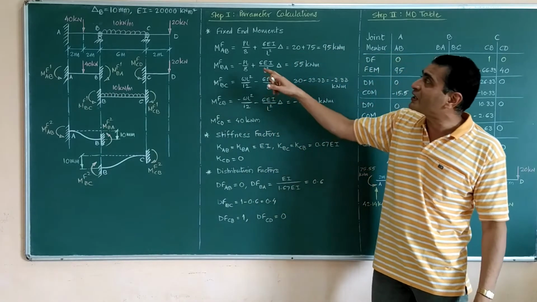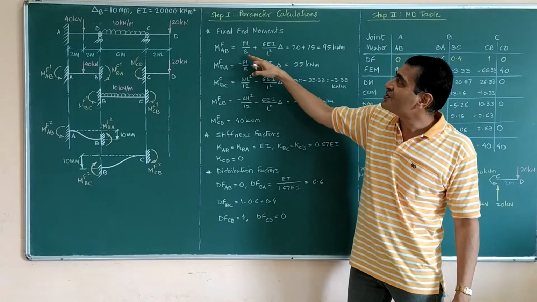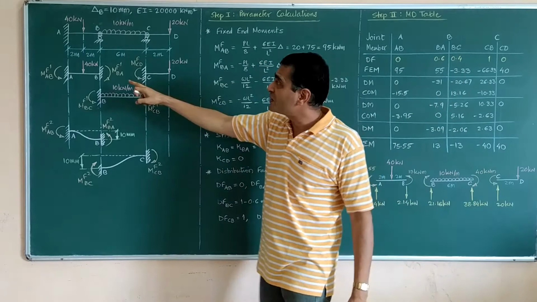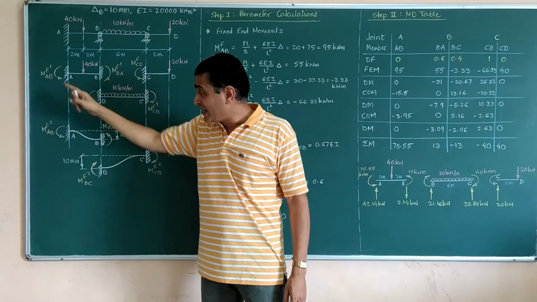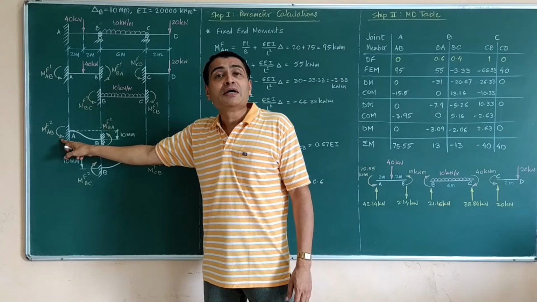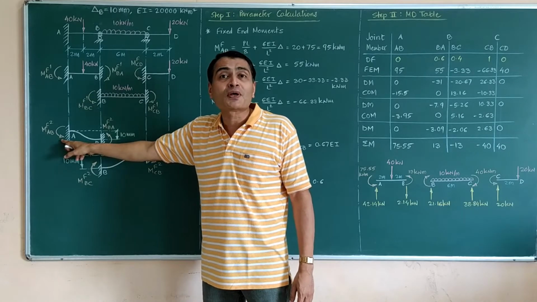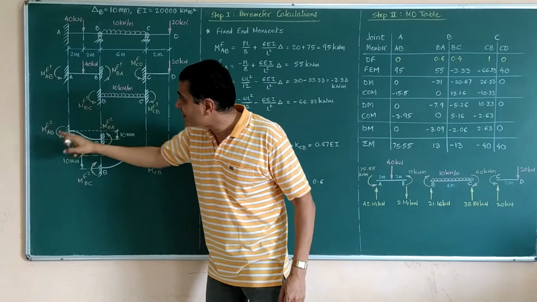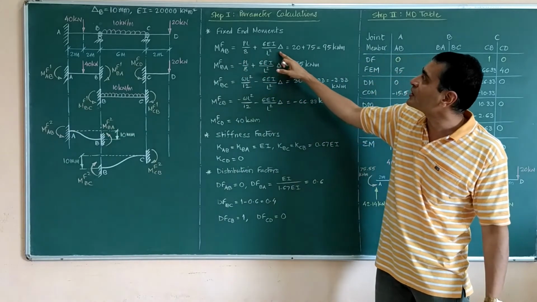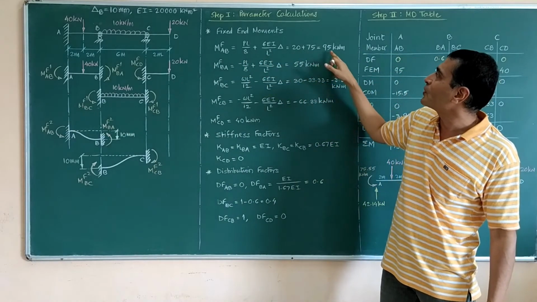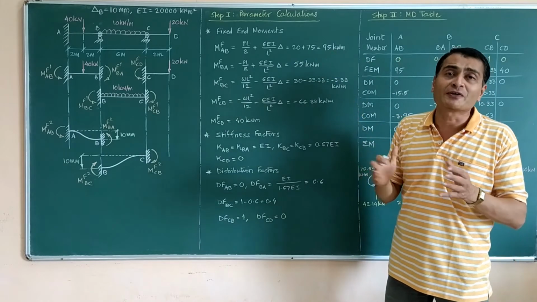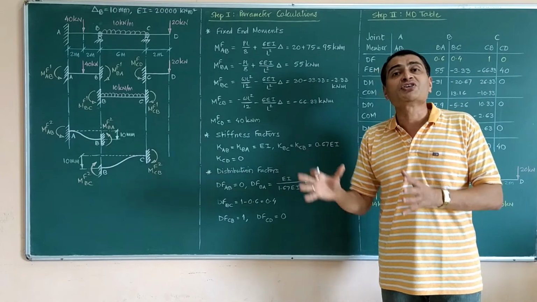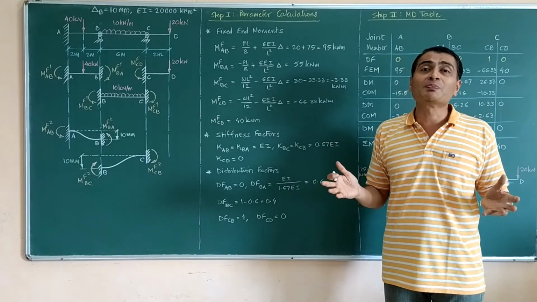And now coming back to the calculations, MFAB is MFAB1 plus MFAB2. Standard result here PL upon 8 and standard result here 6 EI upon L square into delta. Also observe, this is anti-clockwise, this is anti-clockwise, so I am getting a summation here, and that is 20 plus 75, 95 kilonewton meter. So this is how I incorporate sinking of support in moment distribution method. No big deal, very simple idea.